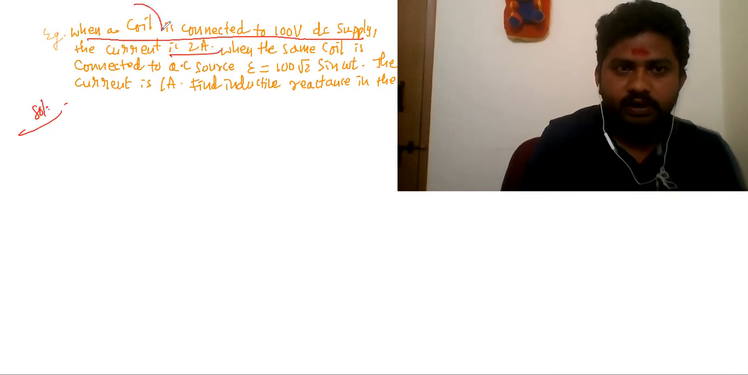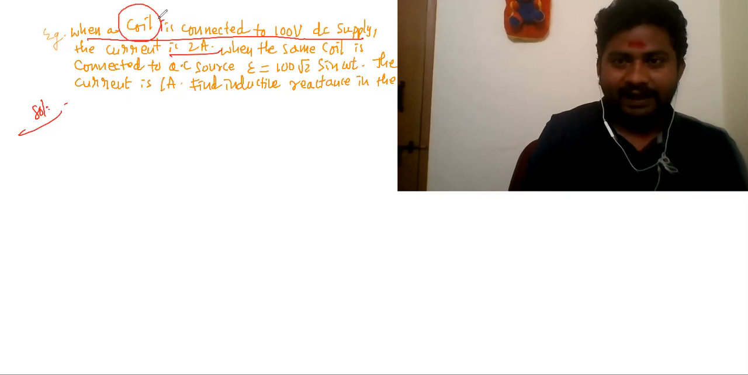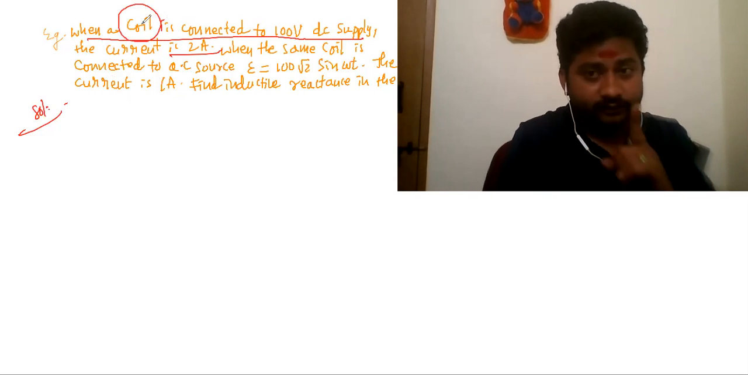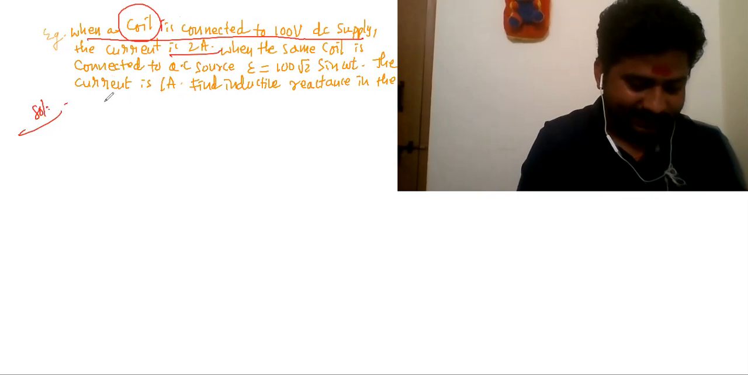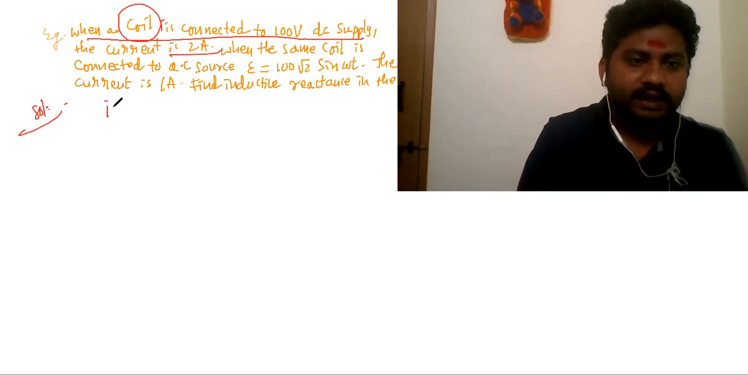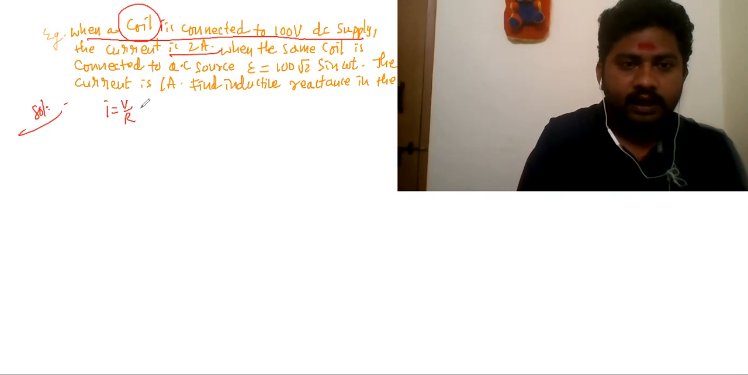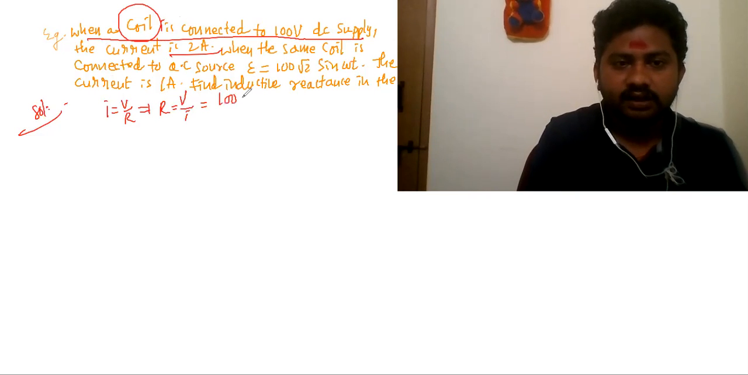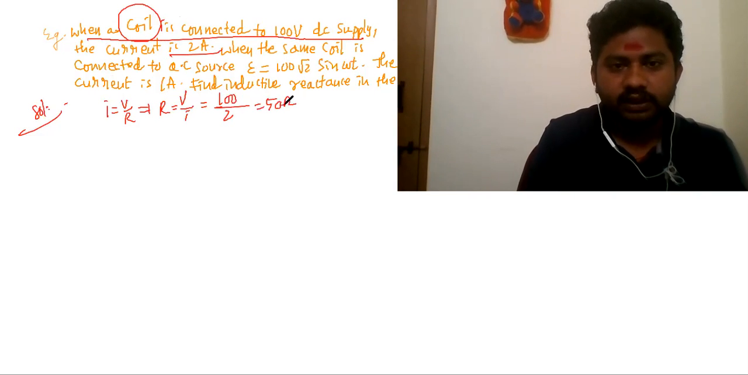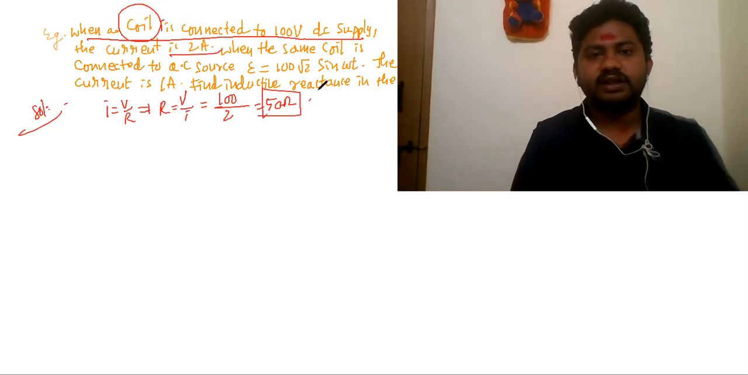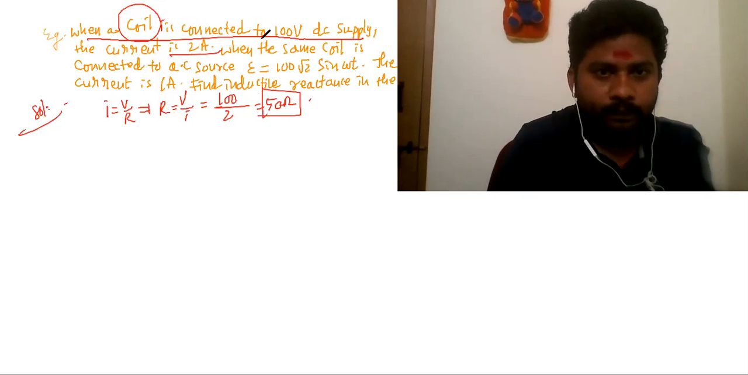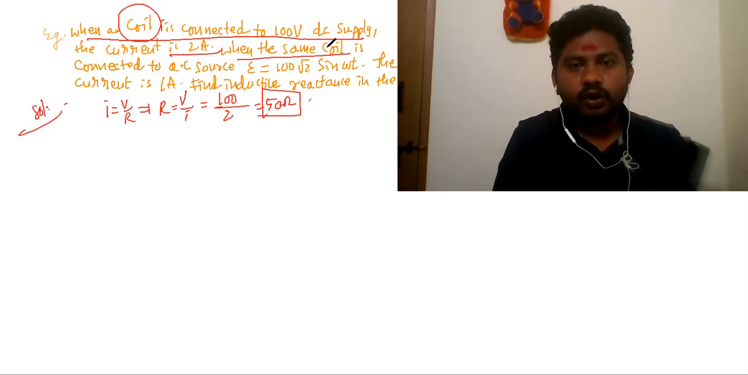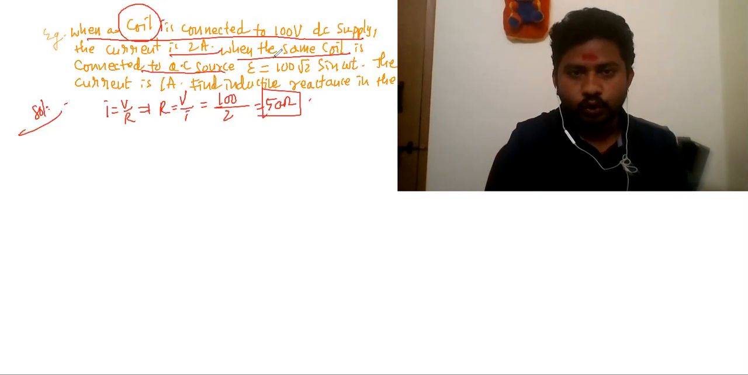So the coil means an inductor. When there is an inductor, definitely there is a resistance associated with this. So we have I is equal to V by R, and from here R is equal to V by I. So what is this? 100 by current is 2. So I can say the resistance of the coil is 50 ohm. Now, when the same coil is connected to an AC source, 100 root 2 into sine omega t,